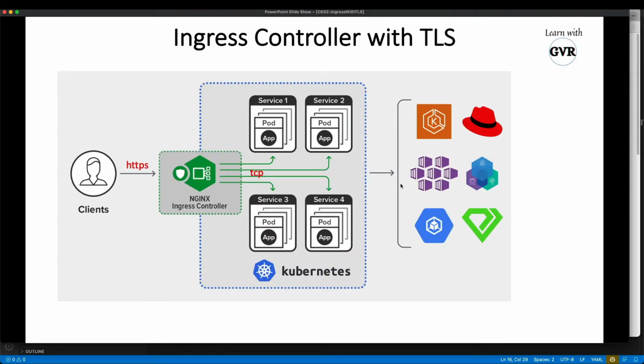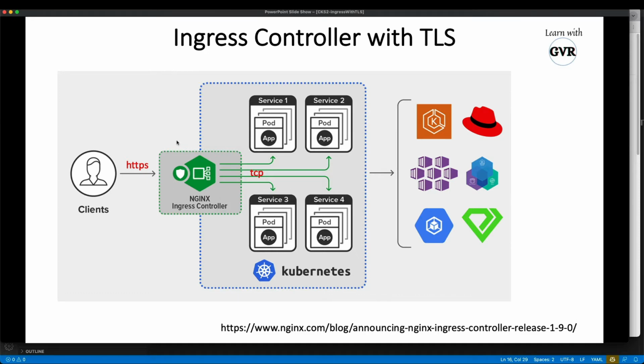Basically, if you look here, this is a Kubernetes cluster, which may be AKS, EKS, GKE or any other Kubernetes cluster, where I have service 1, service 2, service 3, service 4. These are various services, and I have deployed a Kubernetes ingress controller.